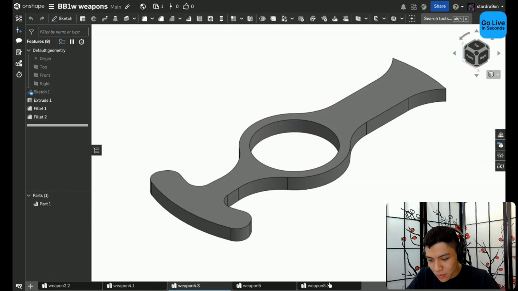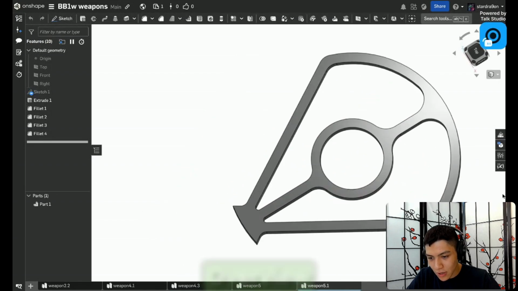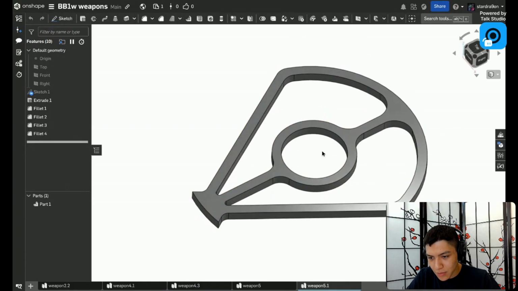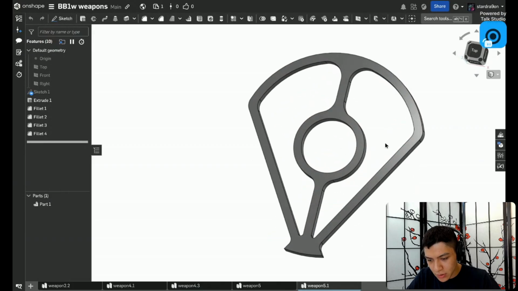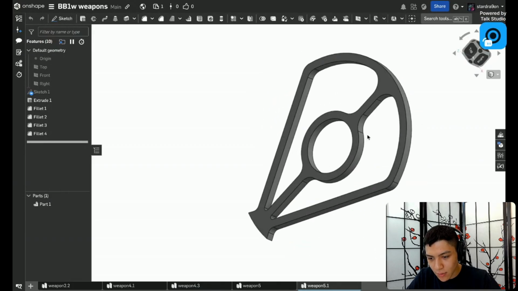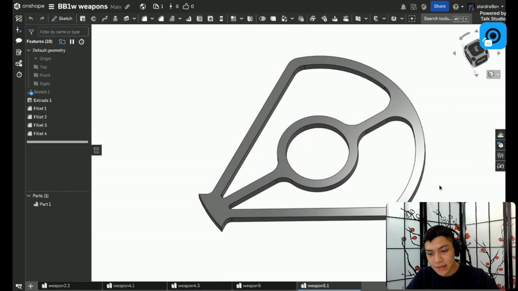So what I want to do is create a weapon, something like this disc-shaped weapon. You might have seen this before. This is a very common weapon shape. It's quite popular. You may have seen this in the video by Just Cause Robotics. Very good video. It goes very deep into the science behind an asymmetrical weapon. But in this video, I want to talk about how you can actually go about designing this sort of weapon